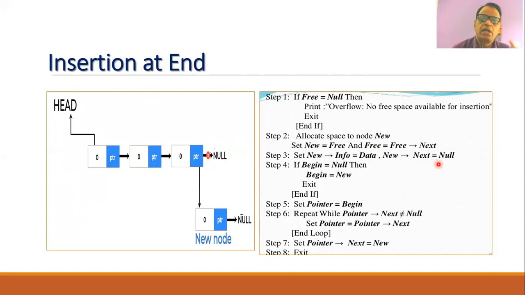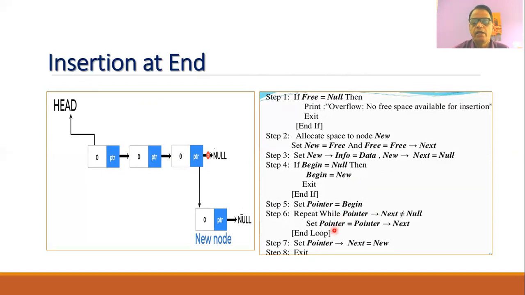So observe that this is the last element. The new node is the last element of the linked list, and therefore here it is necessary to set the pointer value of the new node equal to null. And then we will traverse the list. So we will check if the list consists of an element or not. If the list itself is empty, not consisting of an element, then this will be our first element. Otherwise, we will traverse through the list by making use of the repeat while loop.